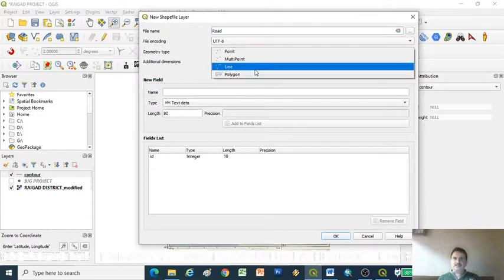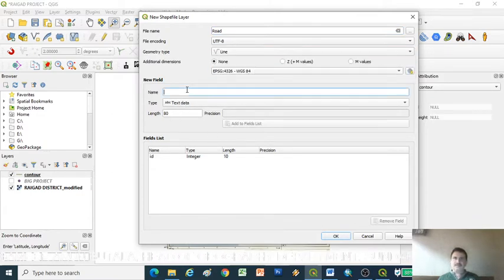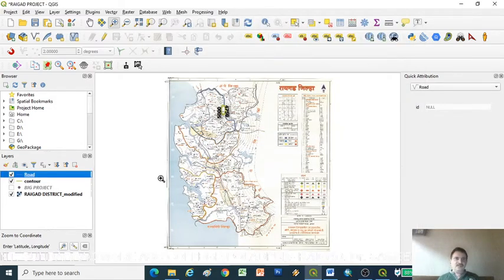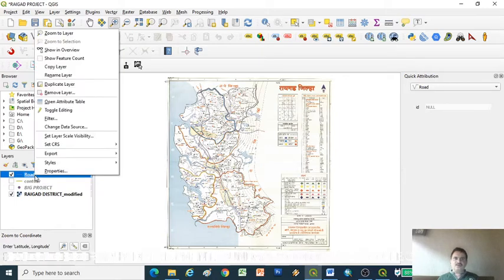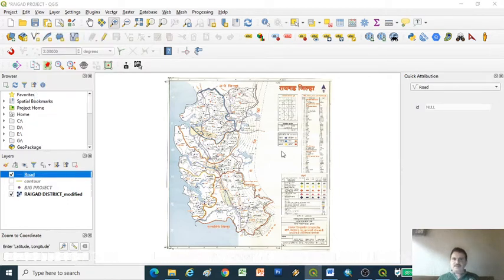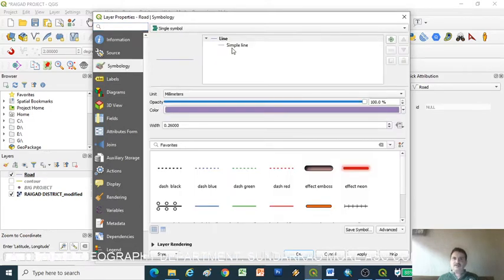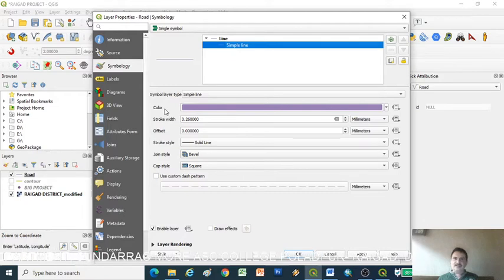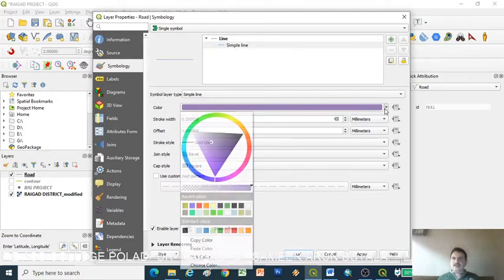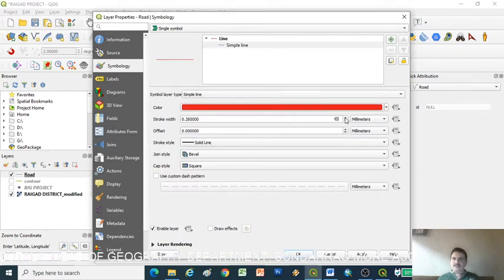Then go to the line, here is the road, and click OK. A new column is generated, I just uncheck the contour column and now I want to digitalize the road. So I want to check the properties of the road, so right click on the road, go to the properties of the road, okay. Now go to the symbol, click on the simple line, I want to change the color of a specific road, okay. Then stroke,